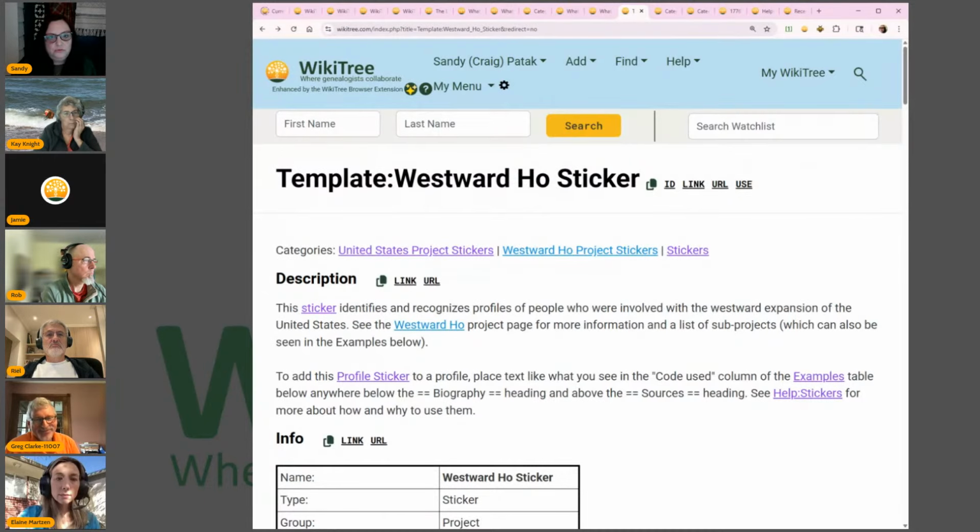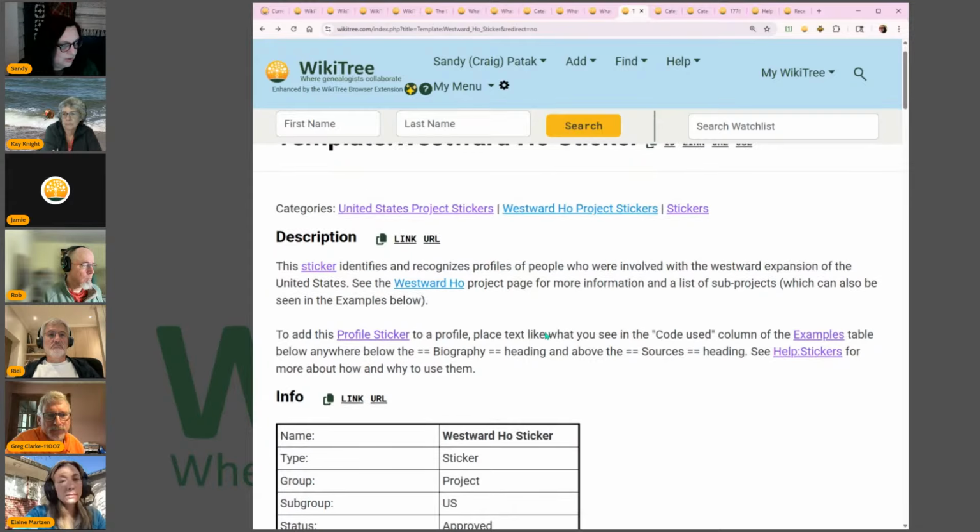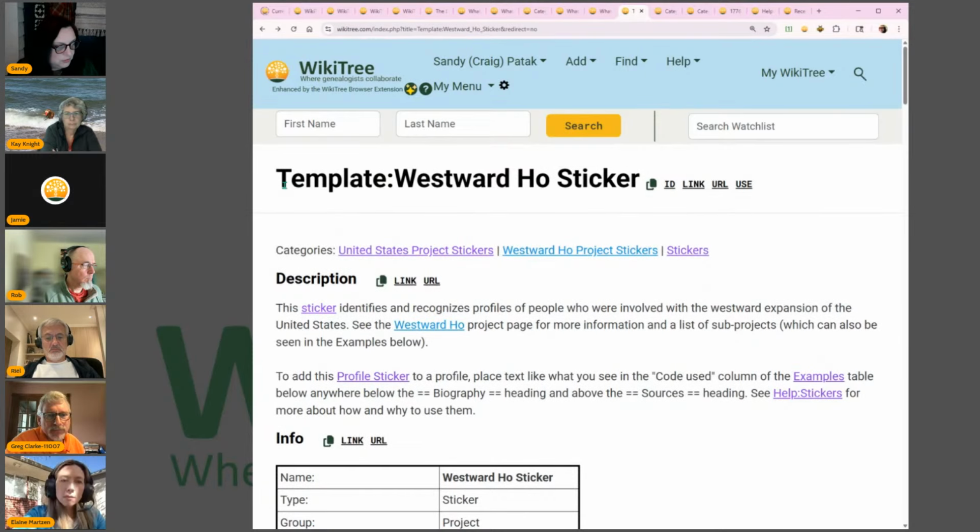I was trying to find my Appalachian ancestors quickly, and I can use WikiTree Plus for it, but I was trying to find my ancestors from the Virginia area that went west. And so I just used that little what links here that I already put in the work with the sticker, and I could just look at the table and I can sort it, and I can do a lot of different things with it. But the reason also I wanted to mention this, anytime you have a template, which a sticker pretty much is a template,